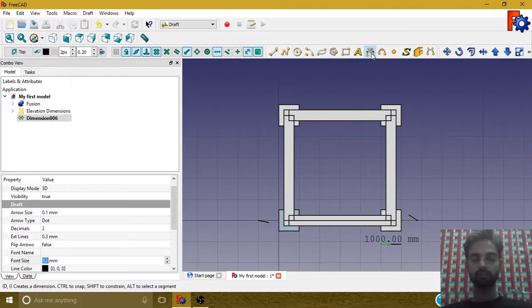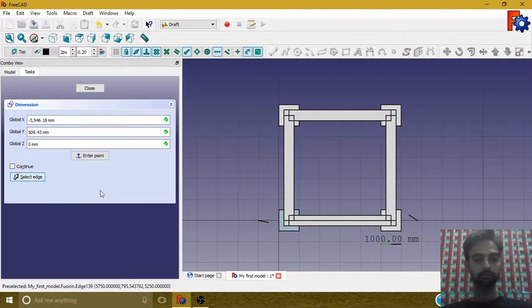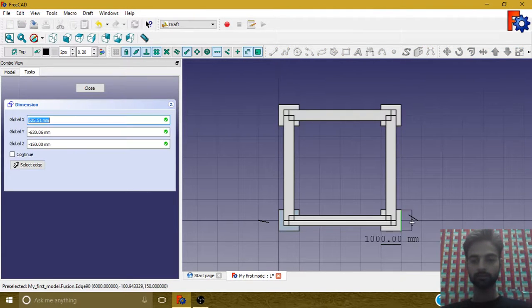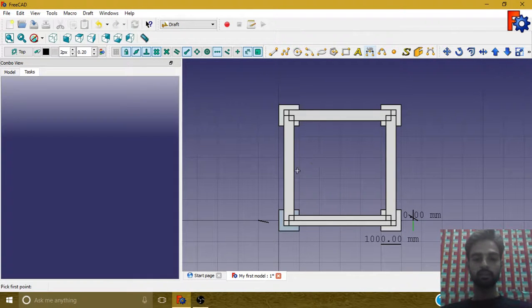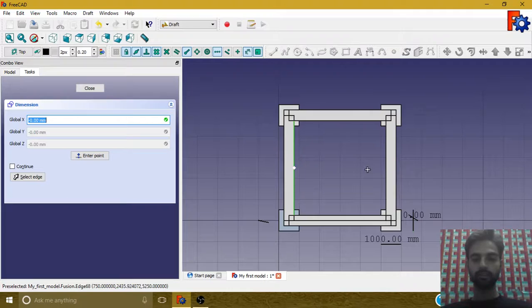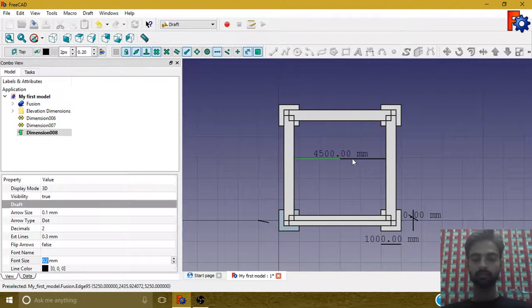Similarly, the other edge of the footing. Next, we can have here the inner width of the structure. Then we can have the overall length of the structure here.